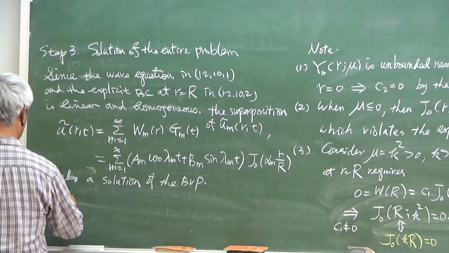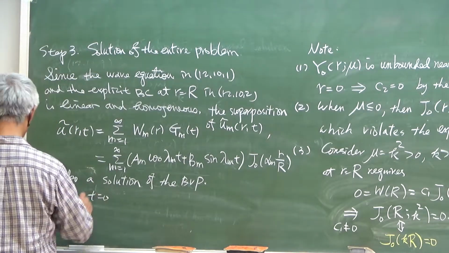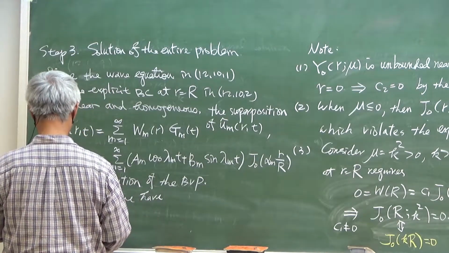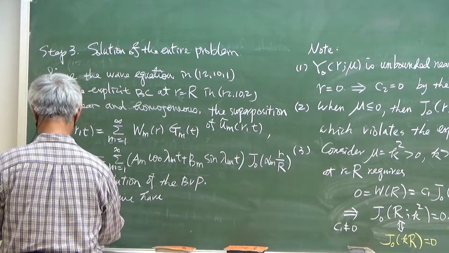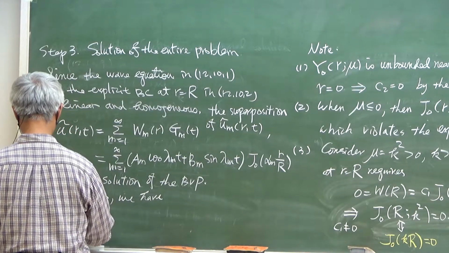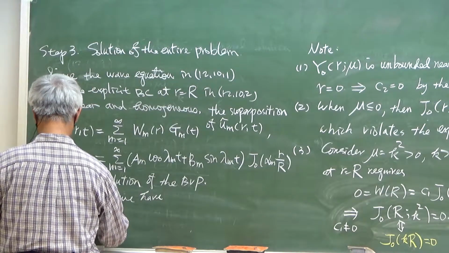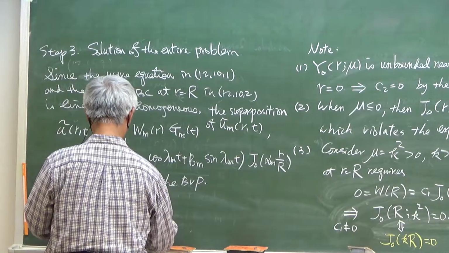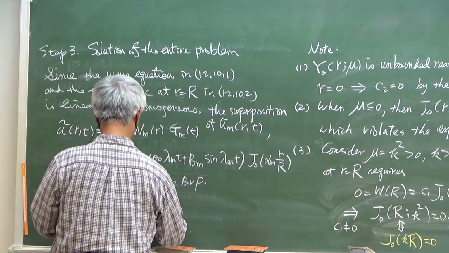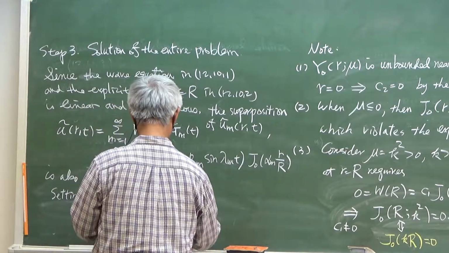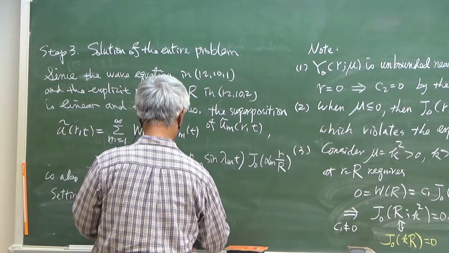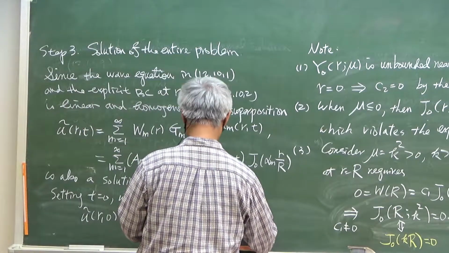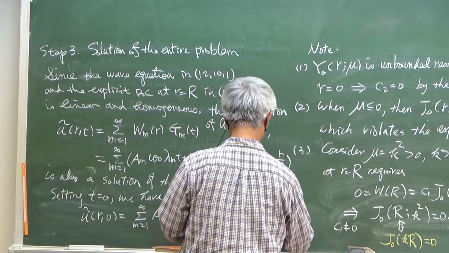Now we are setting t equal to 0. So we have U tilde(r, 0), which is equal to the summation from m equals 1 to infinity of a_m J0(alpha_m r), which is equal to f(r) for r from 0 to R,